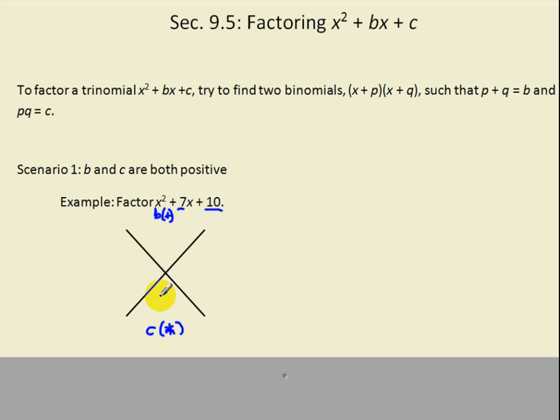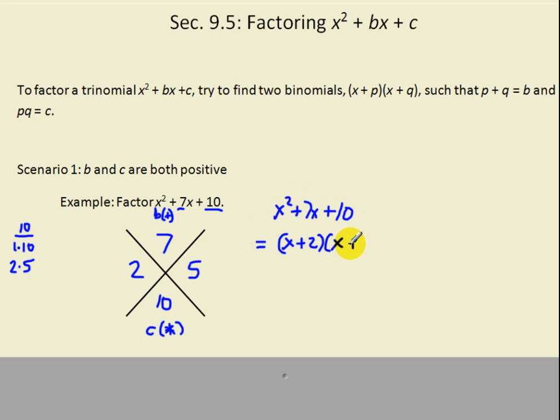So we're going to multiply two numbers to get 10. We're going to add them to get 7. So we can look at what are some different ways we can get 10. We could take 1 times 10, but those add up to 11. We could take 2 times 5. Those add up to 7, which means 2 and 5 are the numbers we want. And what that tells us is that x squared plus 7x plus 10 can be factored into x plus 2, because that 2 is positive,